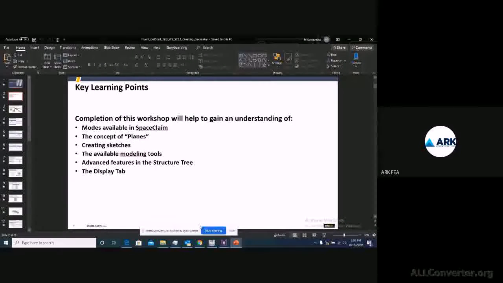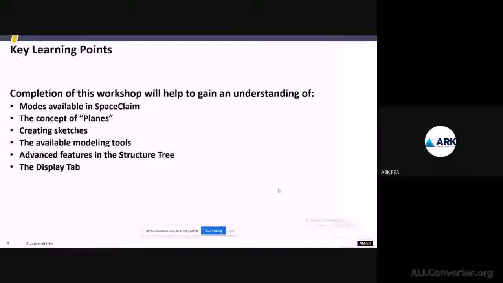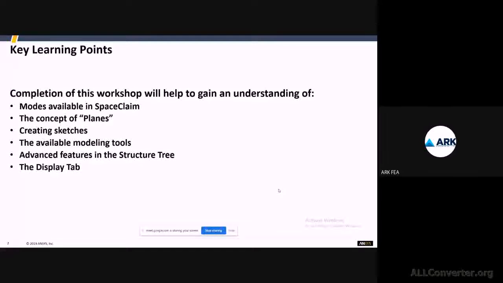Then we'll let you know how to deal with planes, how to place your plane when you try to sketch over the existing model or directly work on any sketch. So relative tools we'll be checking. Then we'll sketch 2D geometries and check the other modeling tools available, right?